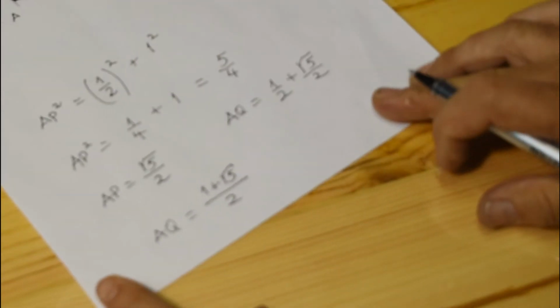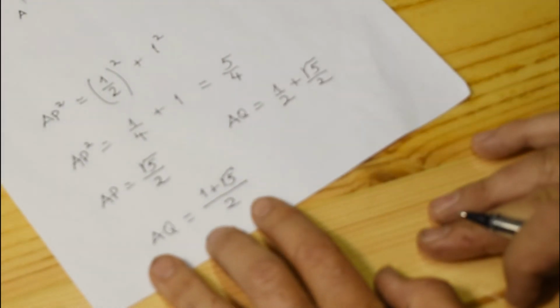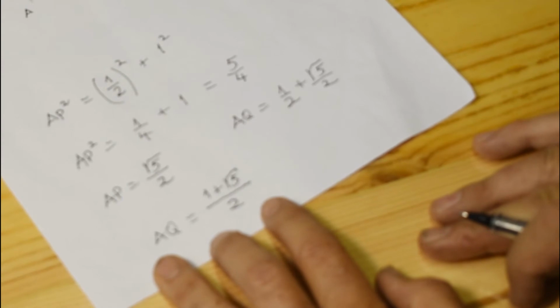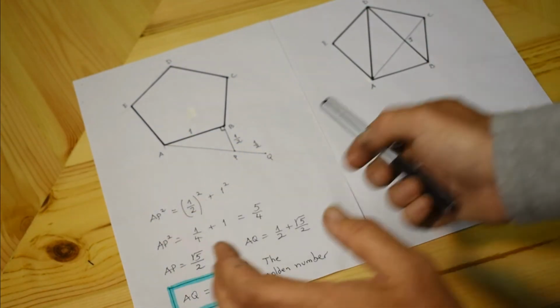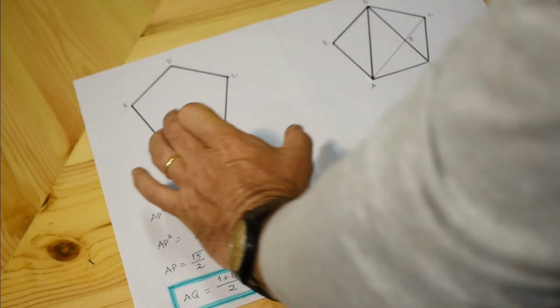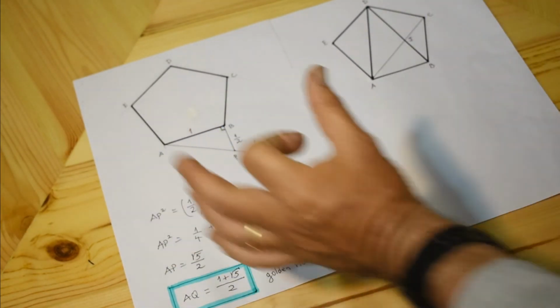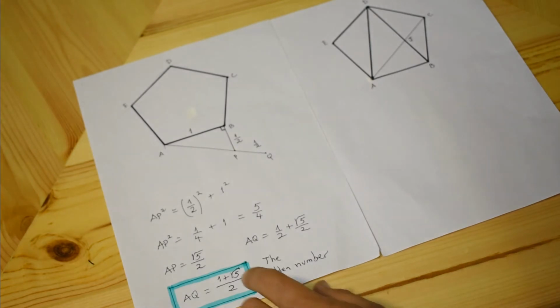This number is famous and it's called the golden number. We have derived that in the auxiliary construction, AQ is 1 plus square root of 5 divided by 2, which